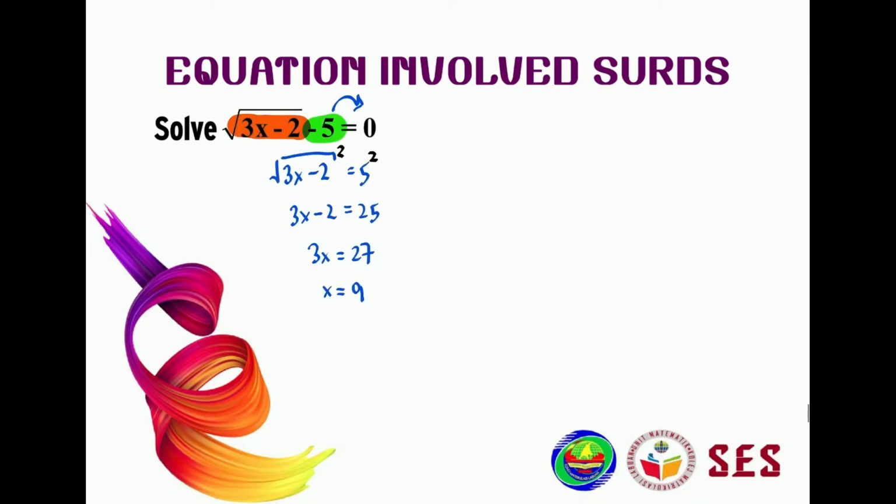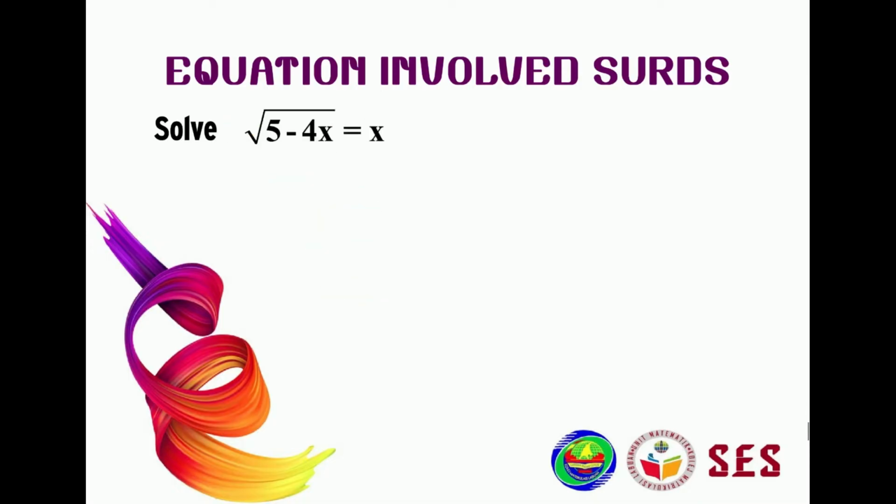So let's move on to the second case, where we have a square root with a linear expression. The same as before, we want to cancel this square root, and one of the ways to do that is to square both sides. Square root and square cancel each other. So now we have 5 minus 4x equals x squared, which is now a quadratic equation. To solve a quadratic equation, we need to make this equal to 0. So we are going to move this one to the other side. So we have 0 equals x squared plus 4x minus 5.